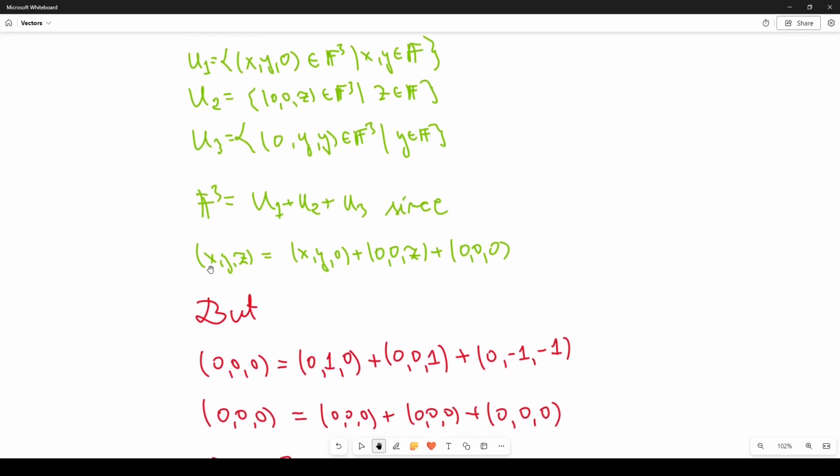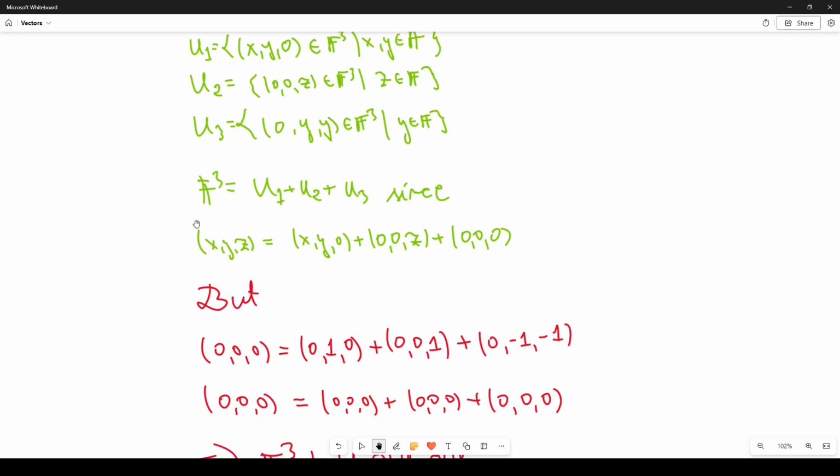So if I take some arbitrary ordered triple from F to the third, we can express it, for example, this way, where all of these are elements belonging to these subspaces. So this is from U1, this is from U2, and this is from U3. So F to the third can be written as a sum, but